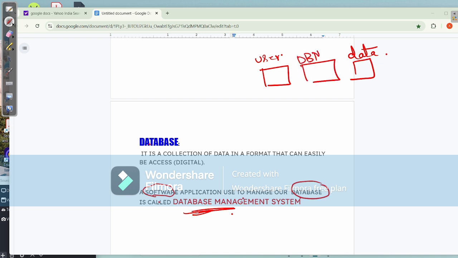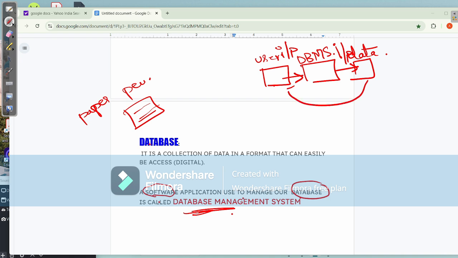If we take paper and pen and write anything, you get the output directly. But in the computer it is not a direct process. When you type something, this input goes to the DBMS, then it goes to the data, and the resulting data comes back to you as output.